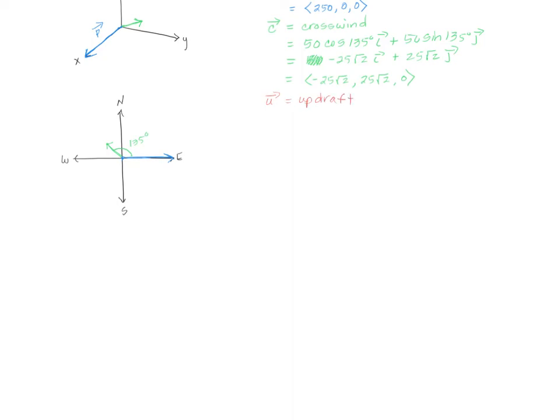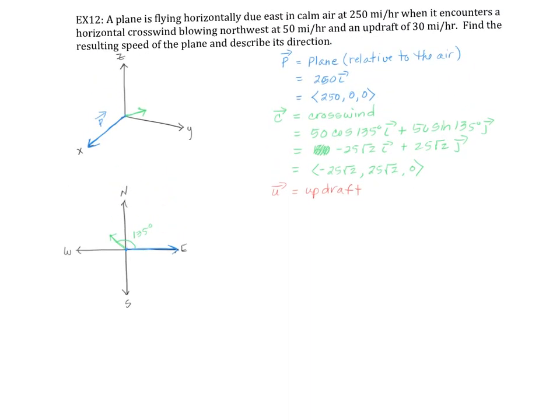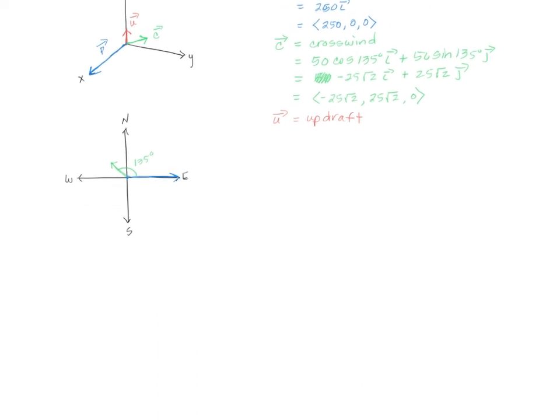So when we say updraft, this is a vertical wind blowing straight up. Okay? So I can't show that in my two-dimensional space, but I can show it in my three-dimensional coordinate system. So here we have our crosswind, and now I have an updraft. Our updraft has a magnitude of 30, and notice that it's on the z-axis. So x and y are 0, and my updraft is simply 30k,